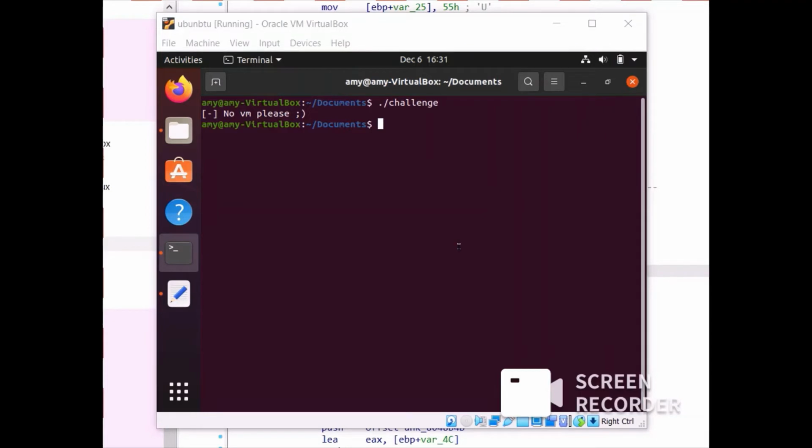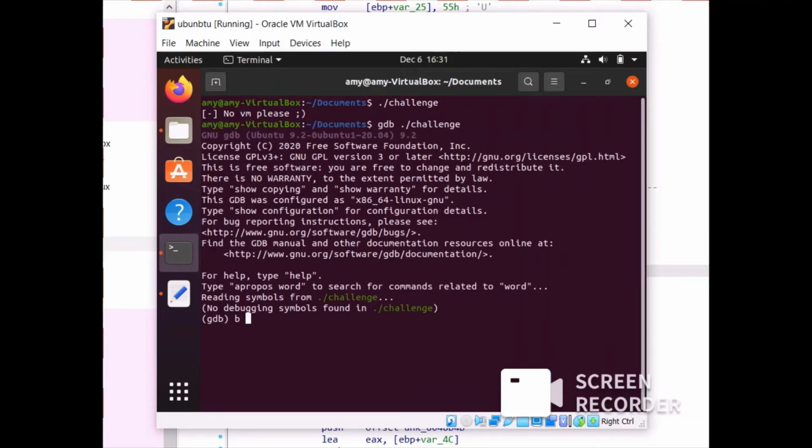Let's see, so I'll run it in the debugger. And then I'm going to set a breakpoint at the instruction where the XOR encryption is happening. That's 0x8048877. And then there we want to ignore that breakpoint the first 15 times, and then